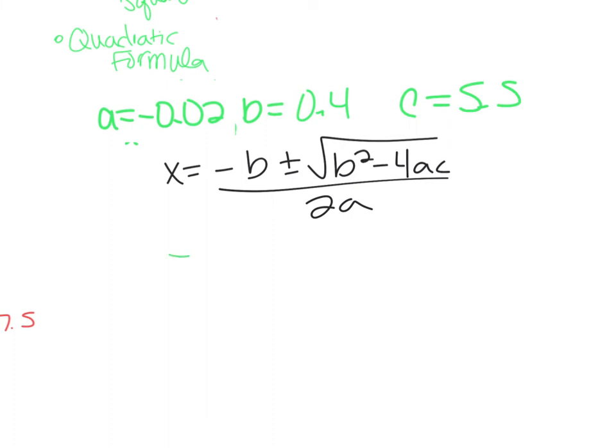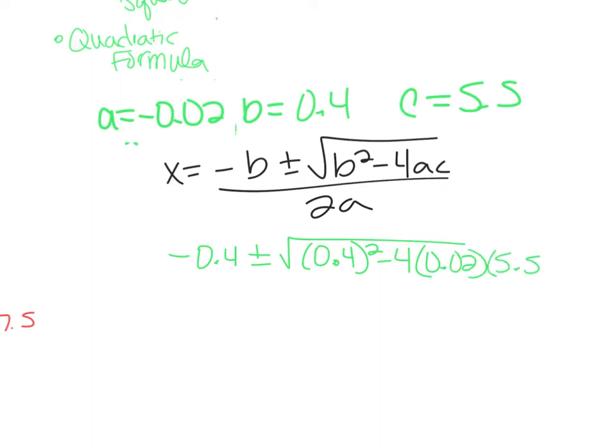So it would be negative times 0.4 plus or minus the square root of 0.4 to the second power minus 4 times 0.02 times our c, which is 5.5, all over 2 times negative,